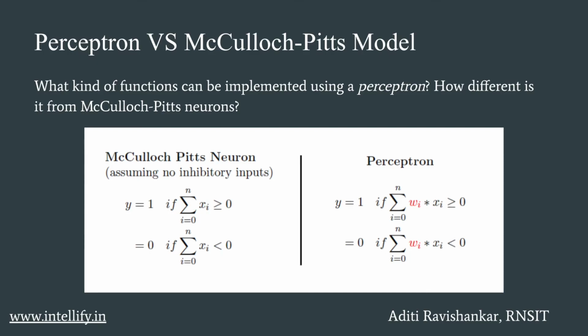Then what is the difference between the two? Why do we claim that the perceptron is an updated version of the McCulloch-Pitts neuron? Here, the weights, including the threshold, can be learned and the inputs can be real values. Over here they were just Boolean, but here they can be real values and you have associated some sort of importance to each input. So that is what makes the perceptron a more updated version of the McCulloch-Pitts model of the neuron.